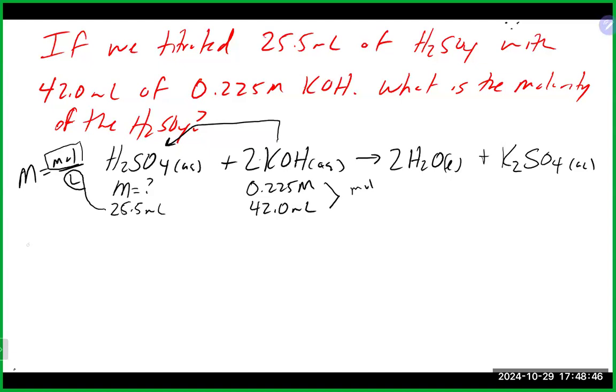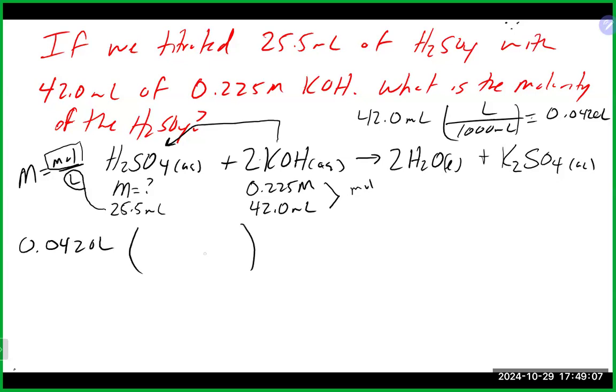potassium hydroxide. Remember that we do need to convert our volumes into liters when we use it with molarity. So 1,000 milliliters is a liter, giving 0.042 liters. So taking 0.042 liters, we're going to multiply it by the molarity. Once again, I'm going to get rid of the big M here and use it more as a conversion factor where I can see both of the units. And in this case, I will want to keep the moles on top and the liters on the bottom